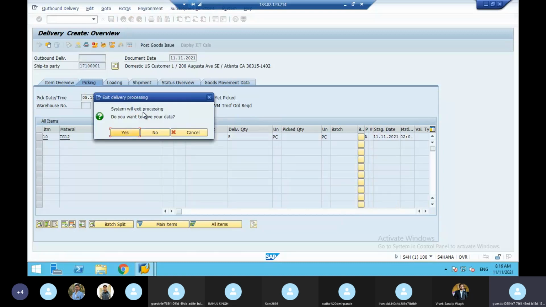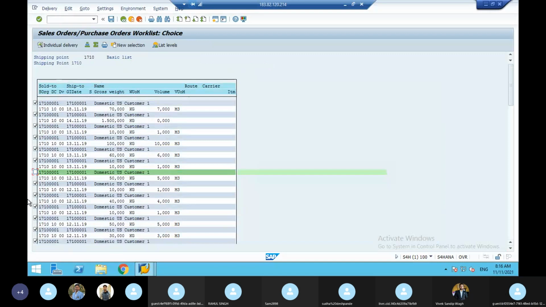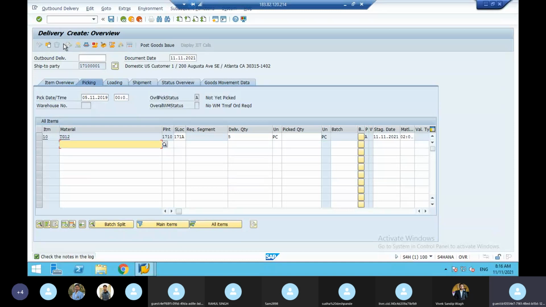So for that, how? You have to go and remove this tick mark. When you remove this tick mark, it is removed from the delivery due list. Then you go to that particular individual delivery document number, give the pick, pack, PGI, then it will become a delivery list. This is the delivery due list. The company, the end user, will also ask you people this. Okay, this is very, very important.